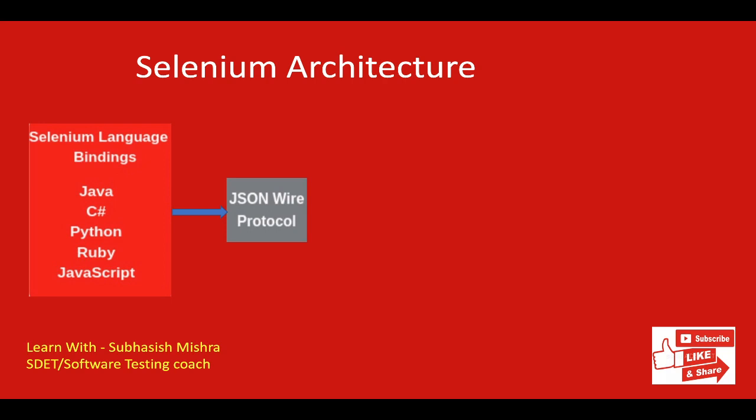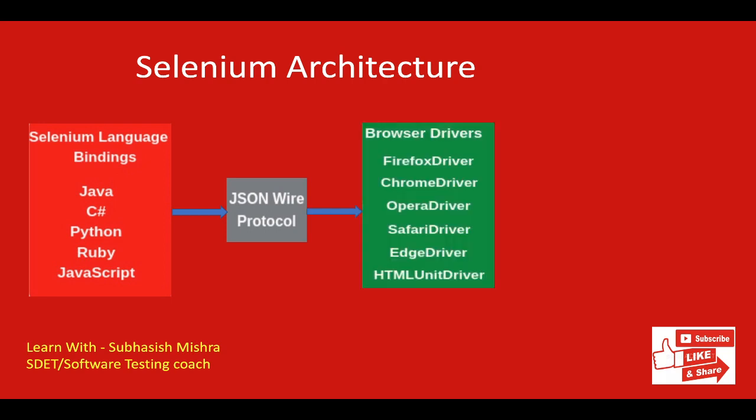So what is the client here? What is the server here? We'll try to understand how it transfers data. Here the client is the Selenium client libraries, and the server is the browser driver. I'll just show you now. Here we can see the browser drivers. This is the third component, and I will explain it, but for now, let's understand what JSON Wire Protocol is. Here the client is this one, our Selenium language bindings. Here is the client and this side is the server. And this JSON Wire Protocol helps to communicate between this client and server.